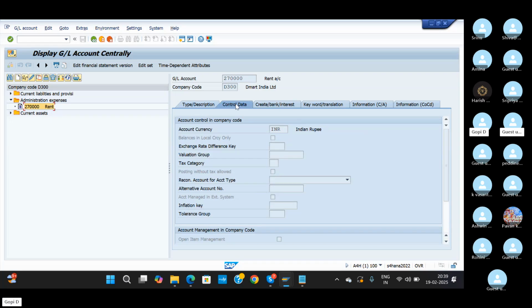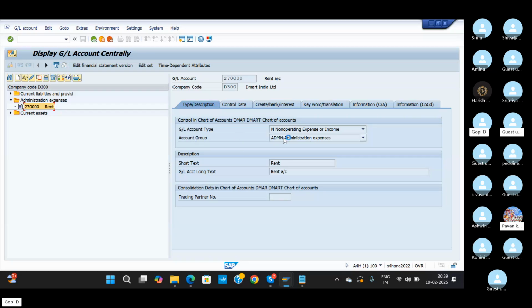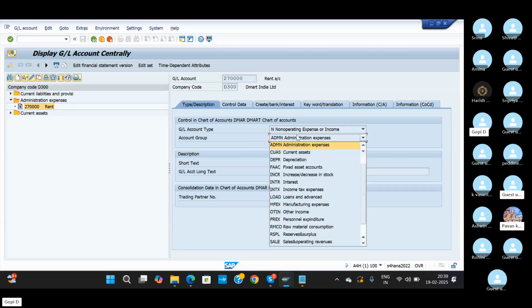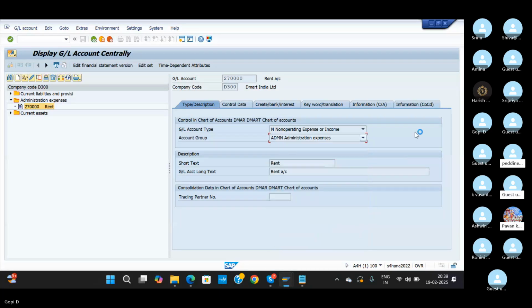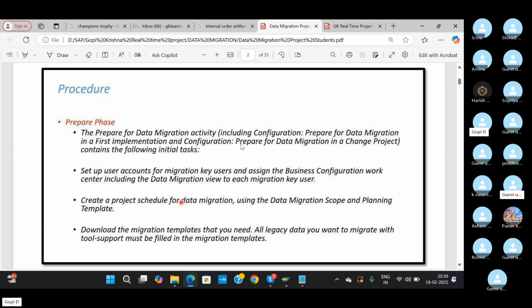Finance members, why are you not responding? Did you get my question? Is it possible to maintain the GL master data without account group? No, sir, it is not. Even without field status group, is it possible to create the GL master data? No, sir. So it means if you want to maintain some master data into the system,